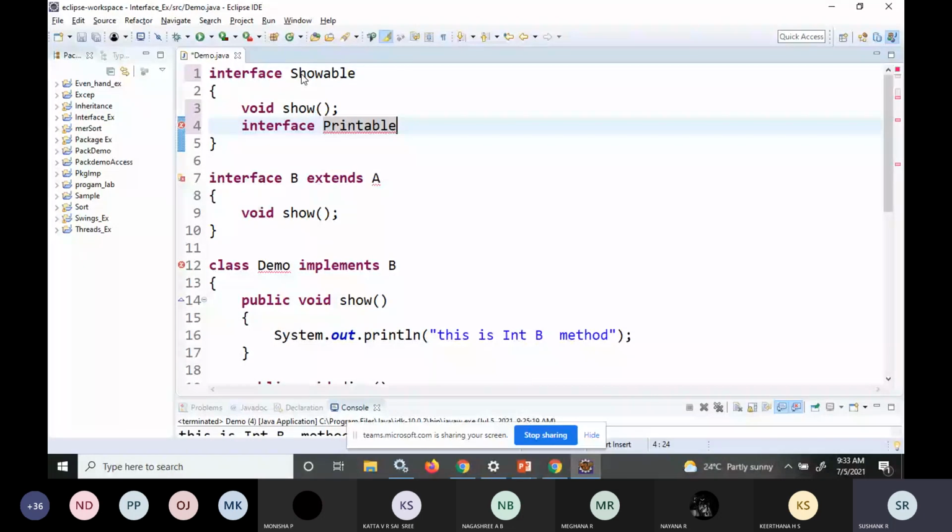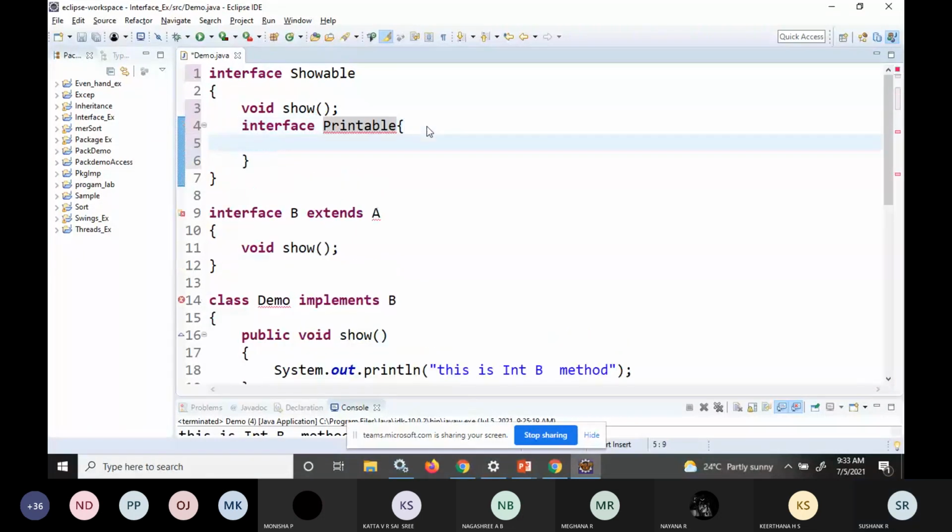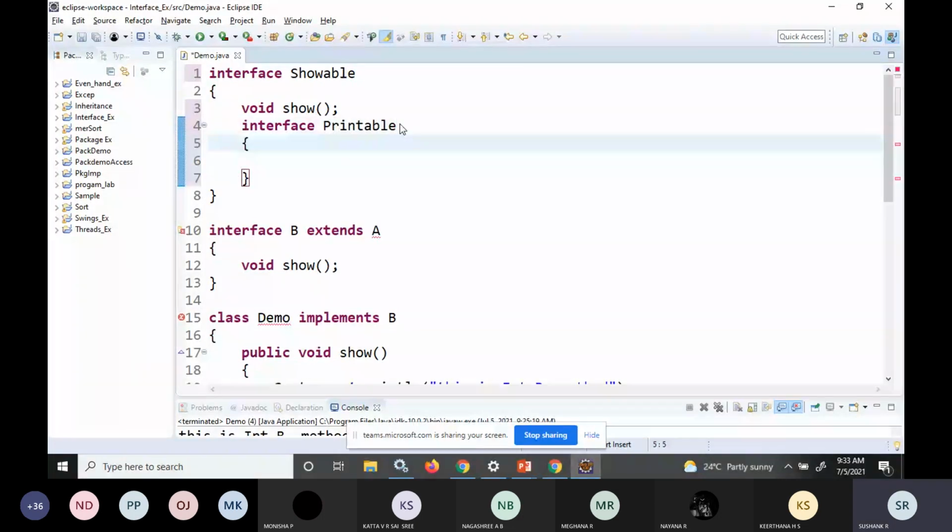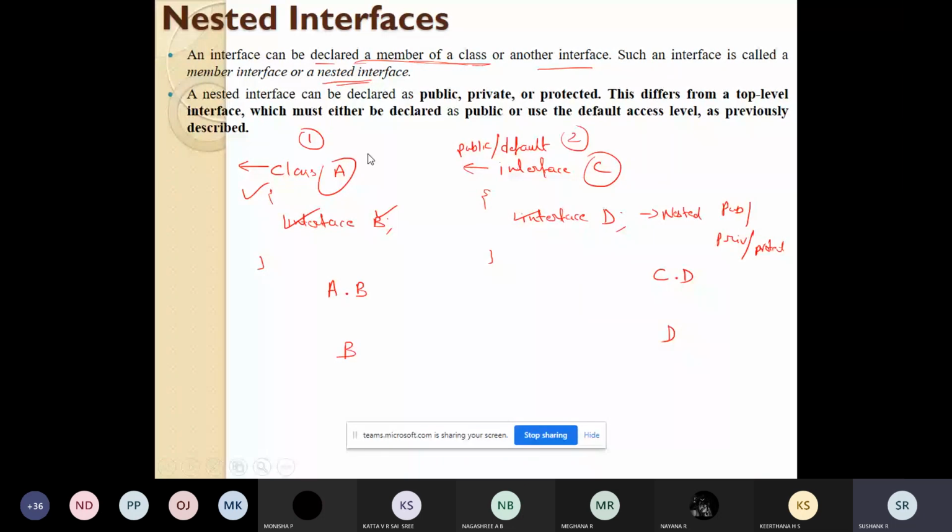Just give me a minute. After this printable interface, I'll discard this and I'll just write.